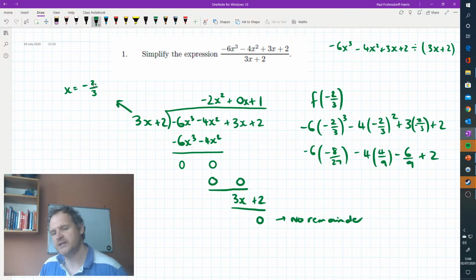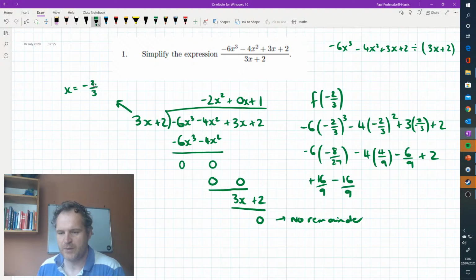Simplify all this, we get cancelling down, that will go down to 9s, so it will go to plus 16 over 9, minus 16 over 9, that's useful, minus